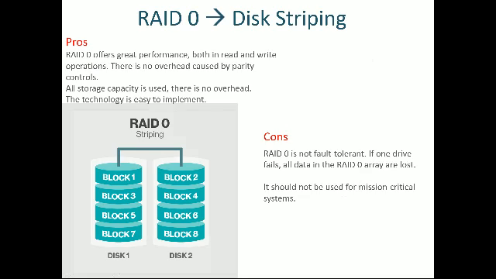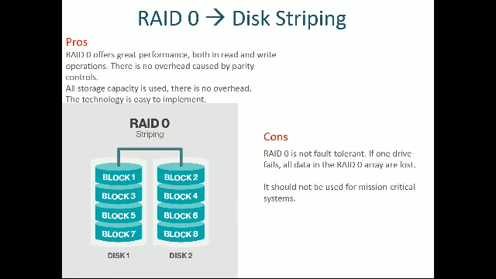So the first RAID which we're looking at is RAID 0, which refers to disk striping. Disk striping is the process of dividing a body of data into blocks and spreading the data across multiple storage devices such as hard disks or solid state drives. Now in the diagram below we have an example of this where disk 1 has block 1, disk 2 has block 2, and so on and so forth, where the data blocks have been spread across both disks from left